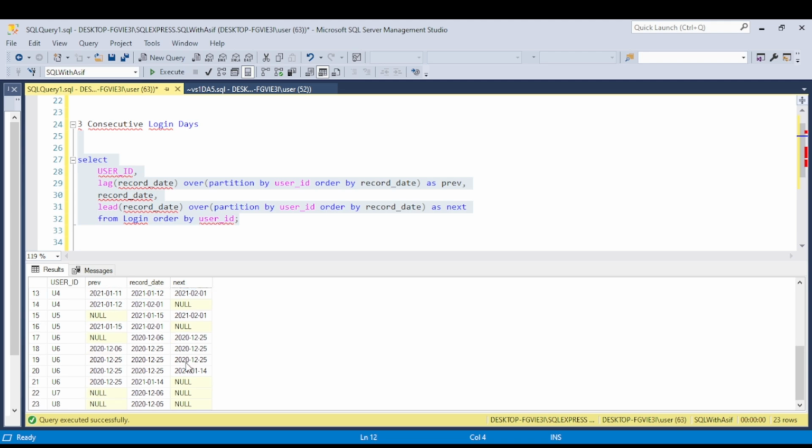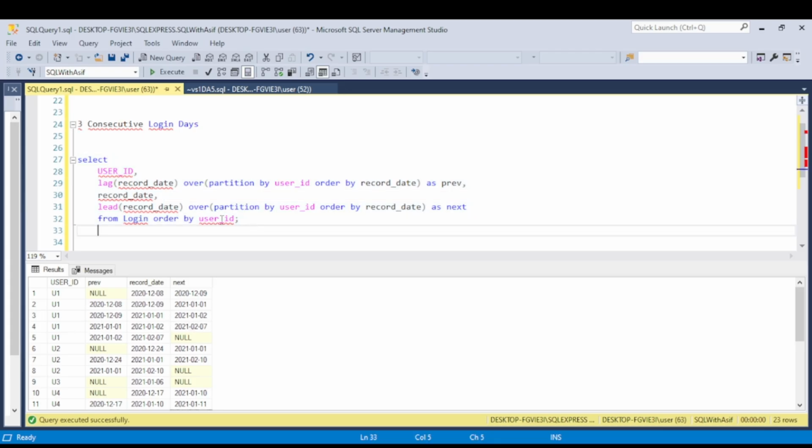I don't know about the rest, I will not check. But for this one I can see. But for U1, I am sure I'm not getting any consecutive. If I say these two are consecutive, then the lag one is not consecutive. The previous date is a bit far. Okay, now we have clarity on this. What we can do is create a CTE for this with date diff